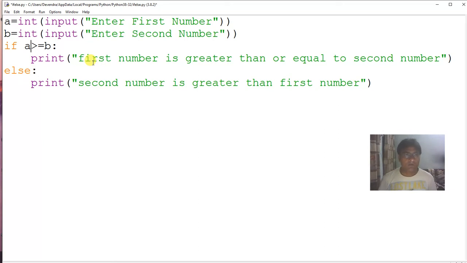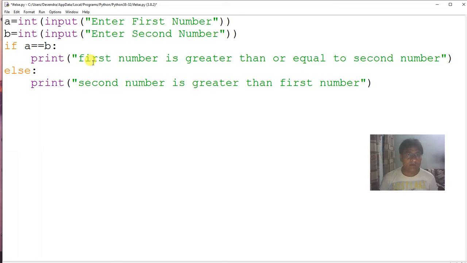Or I can use if a less than equal to b. So when a is either less than or equal to b, the if block will be executed. I can use if a double equal b. The double equal operator is used when we want to compare a and b. If a and b are equal, then I can compare using the double equal symbol.